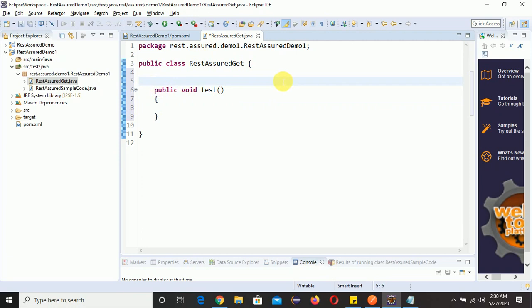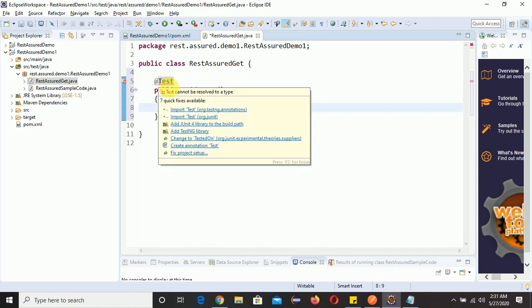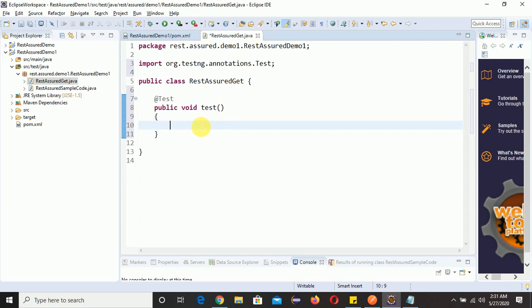Now we need to add @Test in order to run our test. Just go here and import. Make sure you import from org.testng since I am using TestNG. Click here. Now we will start writing this Rest Assured program.